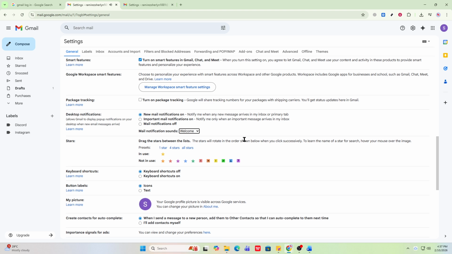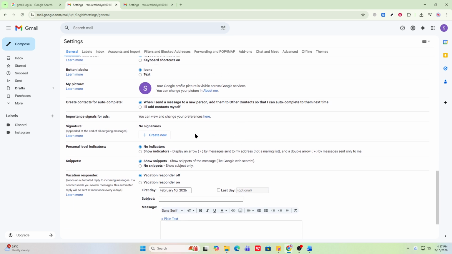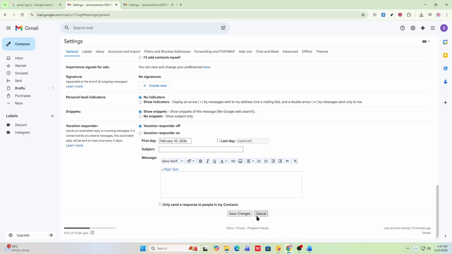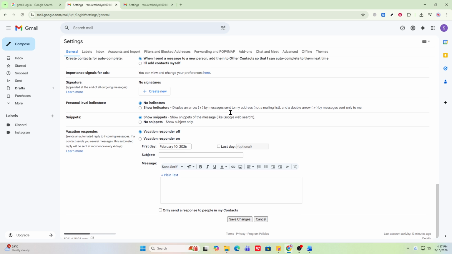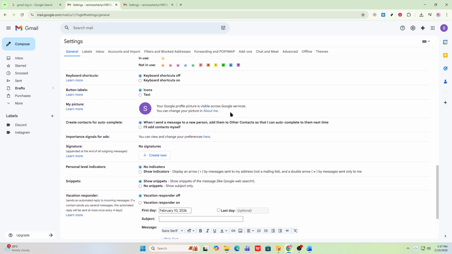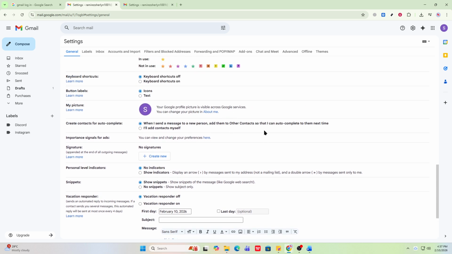There's also an optional sound setting. If you prefer an audible cue, select a sound from the available list. If you'd rather keep your workspace quiet, choose no sound so notifications appear silently. A simple way to test your setup is to send yourself an email and see what happens on your screen. That helps you confirm you've